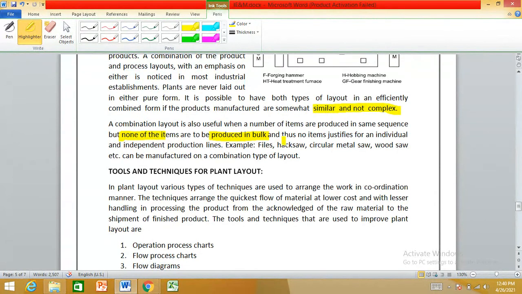Thus no item justifies an individual and independent production line. Examples: files, hacksaws, circular metal saws, wooden saws, etc. can be manufactured on combination type of layout. So these kinds of tools you can manufacture in a single type of layout.